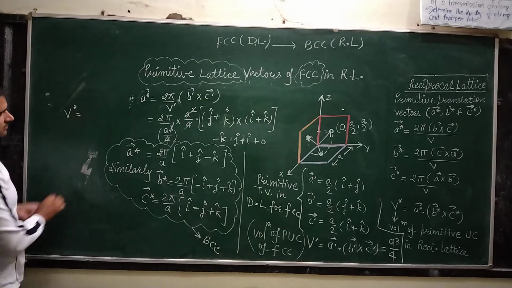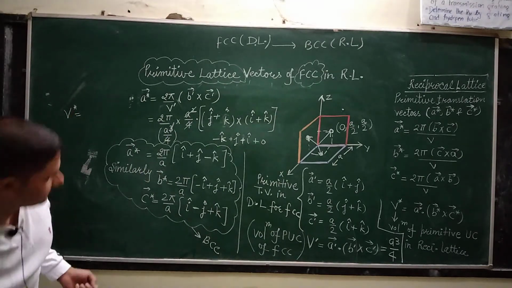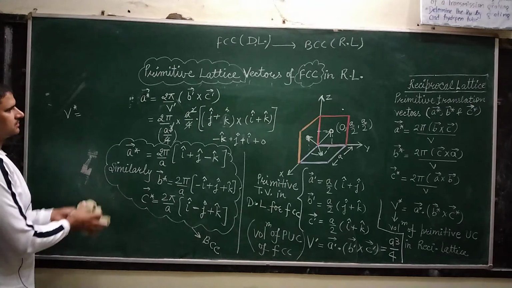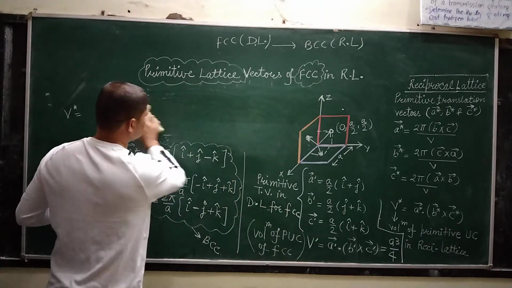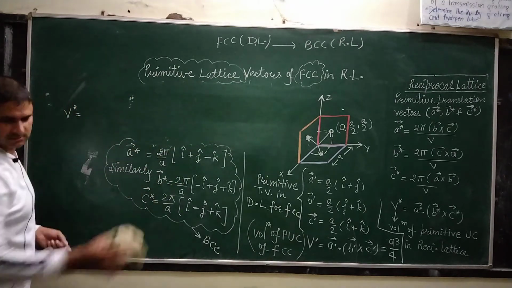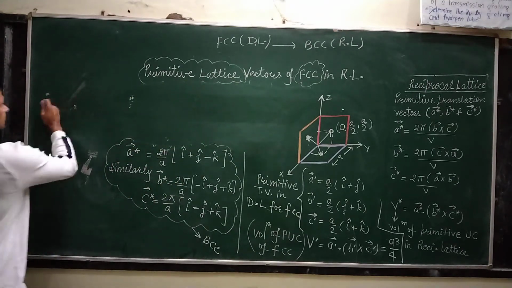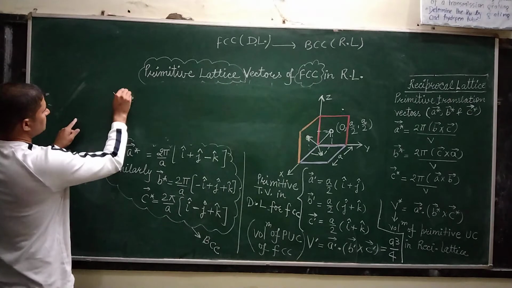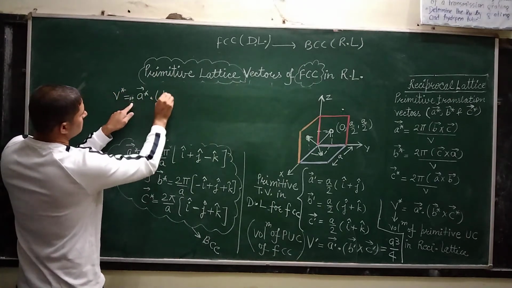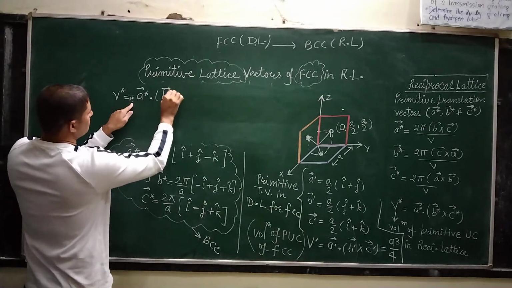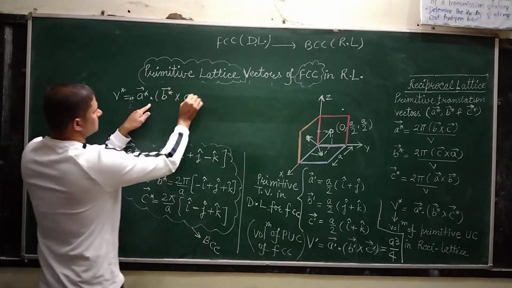So it will look like, I will keep only the primitive vectors and rub other things. Here you will see V star is equal to vector A star dot vector B star cross vector